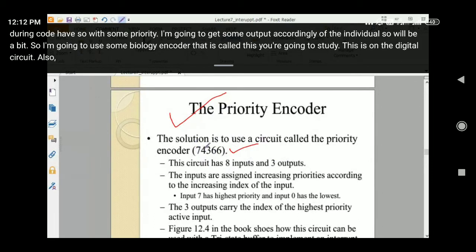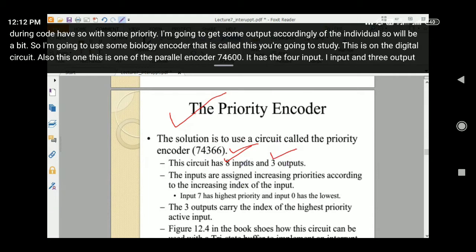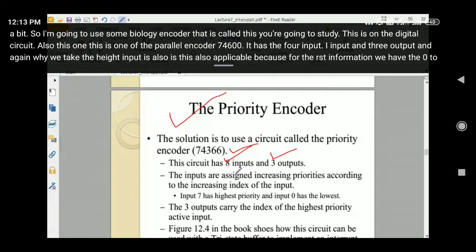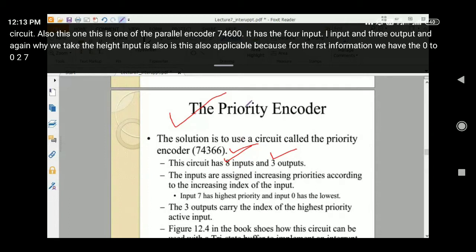This is one of the priority encoders, 74LS148. It has 8 inputs and 3 outputs. And again, why we take the 8 inputs is also applicable, because for the RST information we have RST 0 to 7 है.